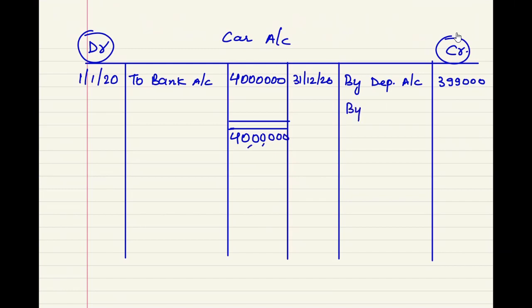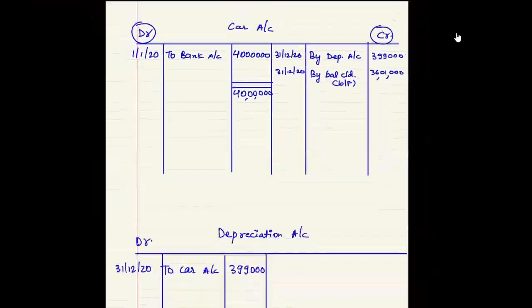So what is the balance carried down? What is the balance value of the car left on 31st of December 2020? That would be 40 lakhs minus 3,99,000. So it is 36 lakh 1,000 rupees. So this is the value of my car account, which will be shown in my balance